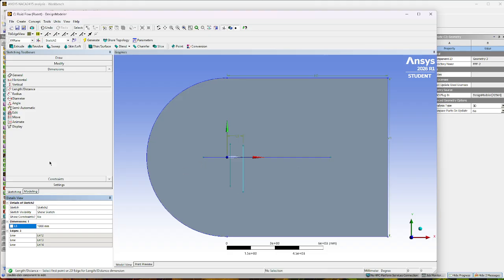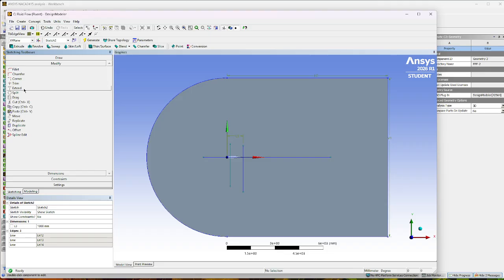So we're gonna click on modify, and now we're gonna click extend, and then we're gonna extend all these lines so that they're touching the outer edges of this test section. So now that we have this